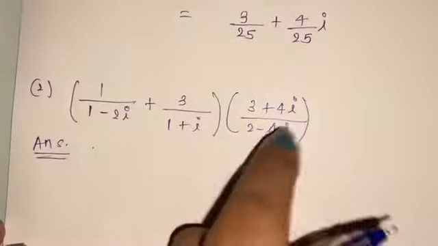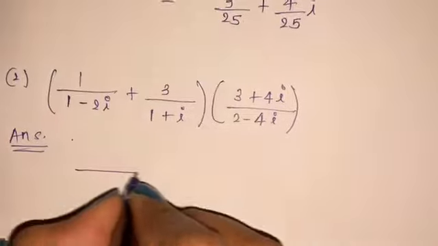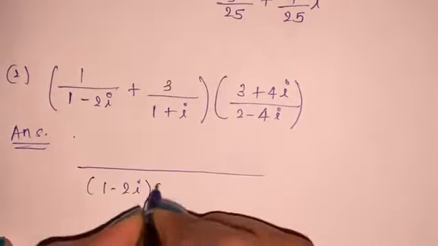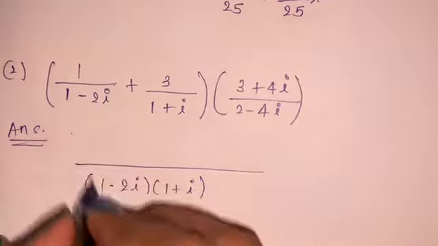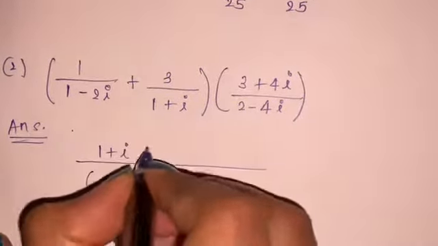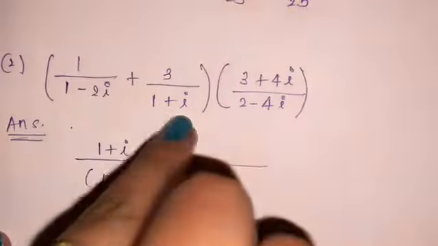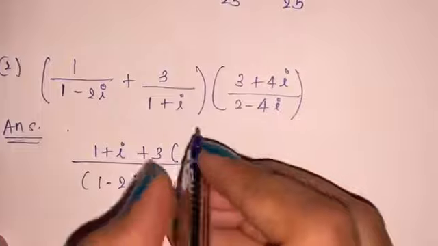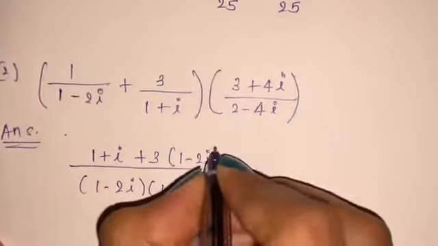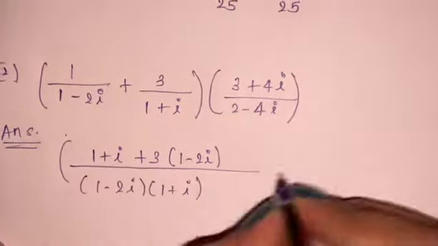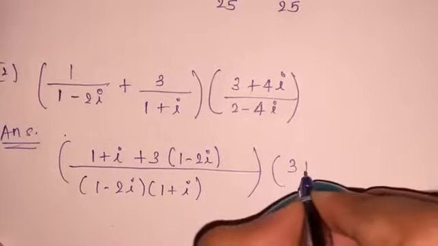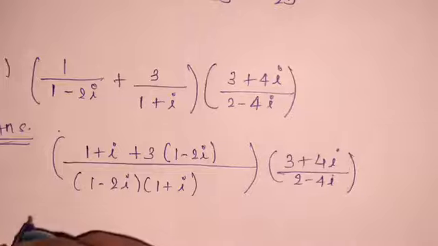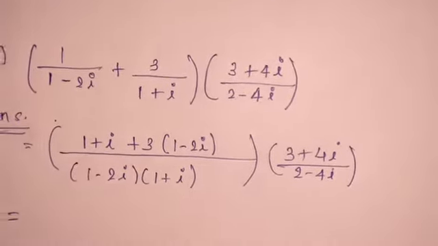Okay, this I will keep as it is. So I will take LCM over here. 1 minus 2i into 1 plus i. So over here 1 plus i plus 3 into 1 minus 2i. Since 1 minus 2i is not here, 1 plus i is here, so this bracket will be there. So 1 minus 2i multiplied by 1 plus i, and 3 plus 4i by 2 minus 4i is equals to,